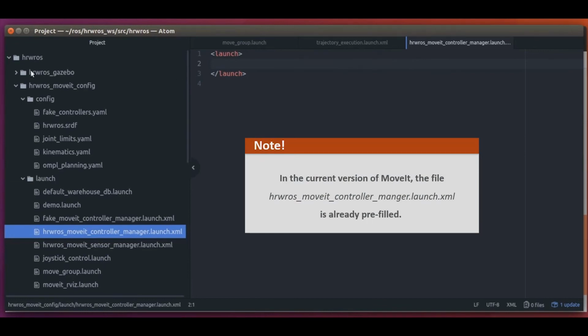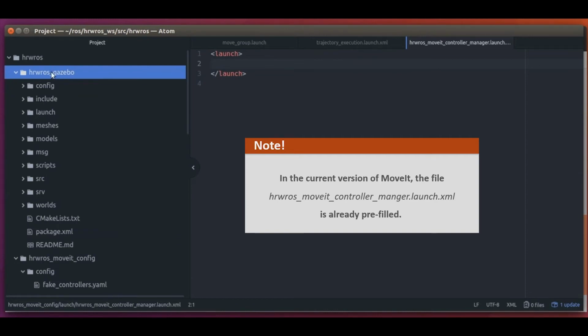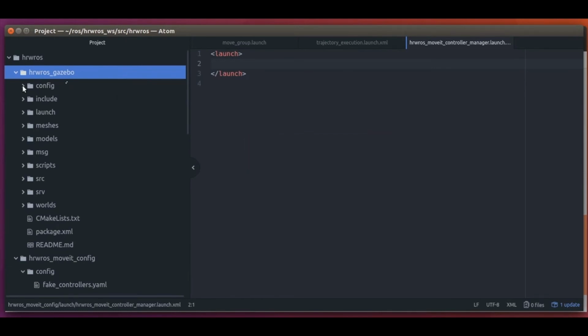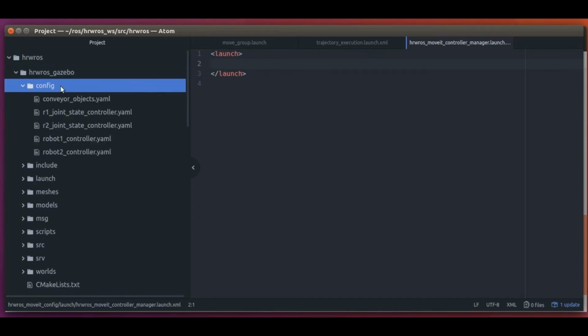So here is our empty file again. To fill this in, we need some administrative information about the controllers from the hrwros_gazebo package that MoveIt can use, such as their names and types. Let's then go and see what's in the hrwros_gazebo package. It is convention that all controllers that we configure to be used with Gazebo are in the config folder.